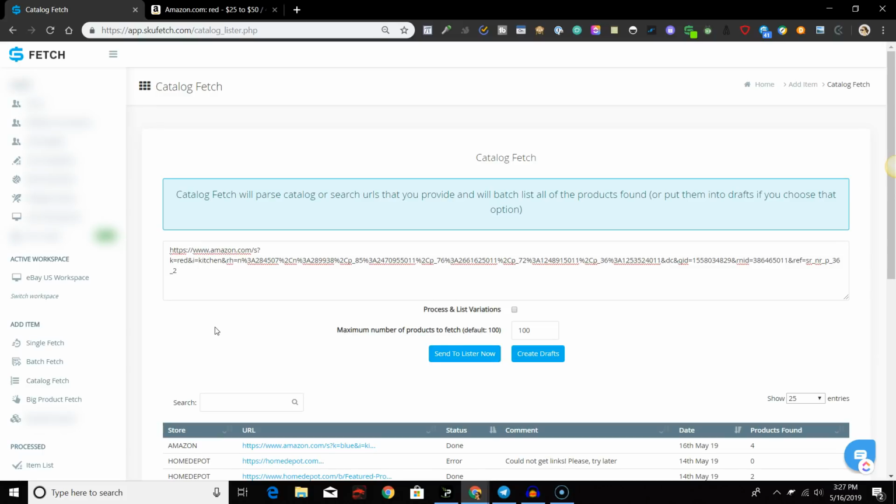If you want Sku Fetch to retrieve the information so that you can process multi-variation listings, if the supplier has a variation, then check the box that says Process and List Variations. Otherwise, leave it unchecked. Next, for maximum number of products to fetch, enter the maximum number of items that you